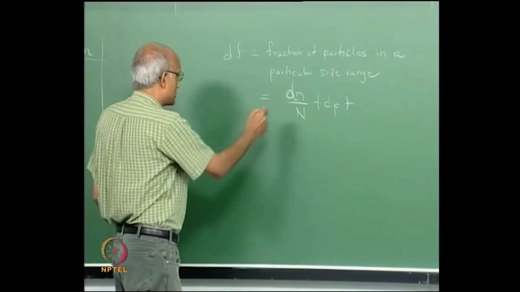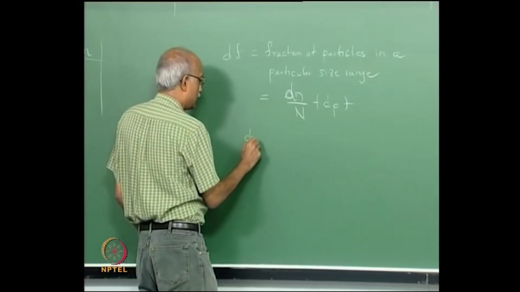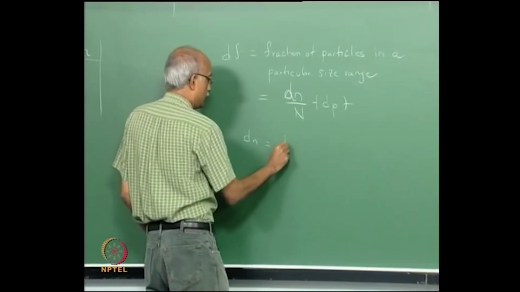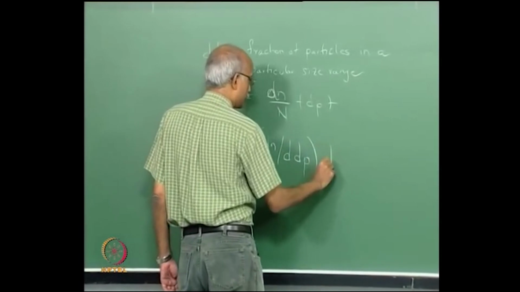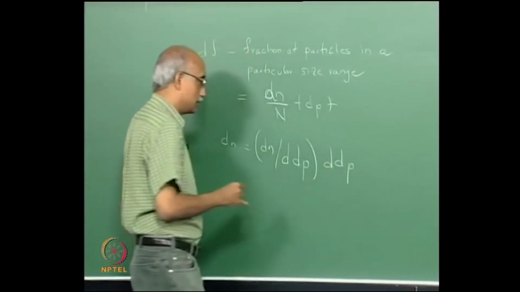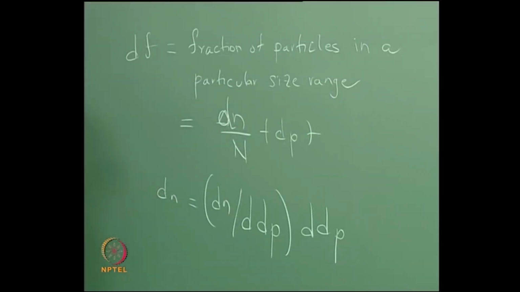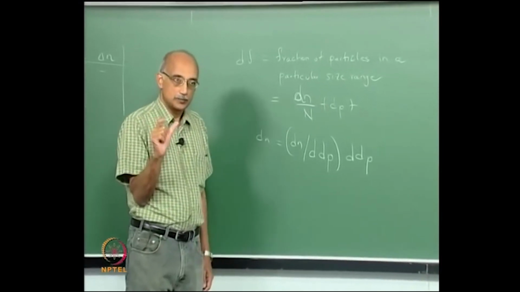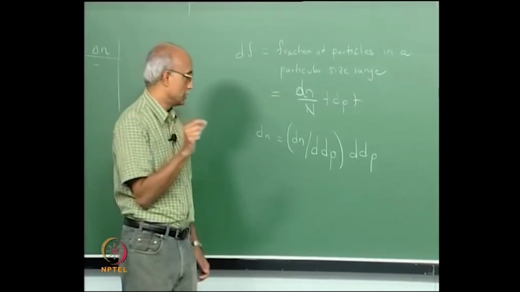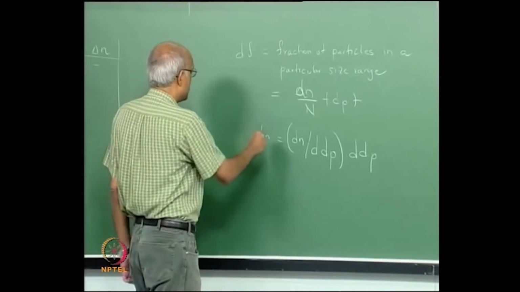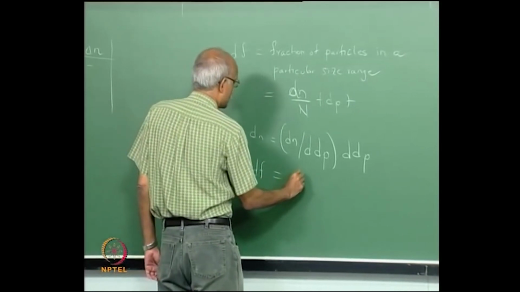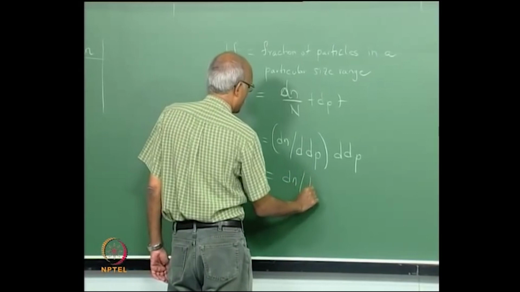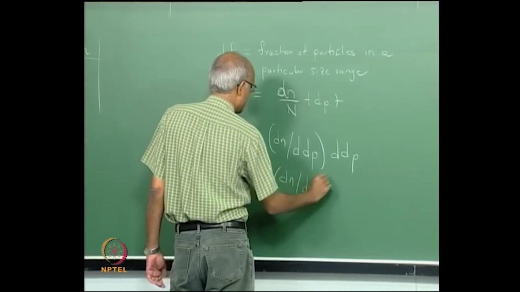Now, what you can do is represent this dn as dn by ddp multiplied by ddp. So, simply dividing and multiplying by the same parameter ddp, which is a differential in particle size corresponding to that channel. So, when you introduce this into your equation for df, this becomes dn over ddp